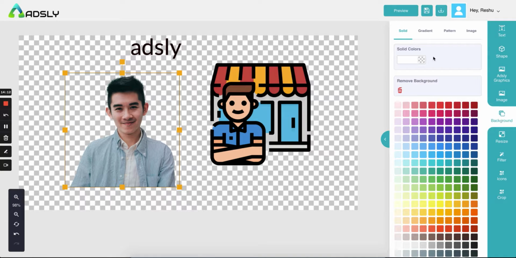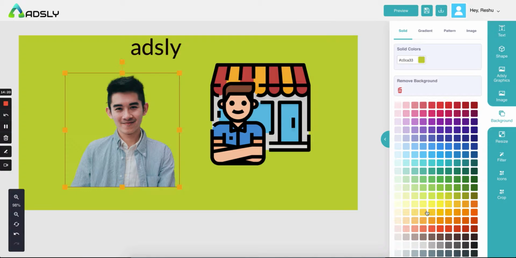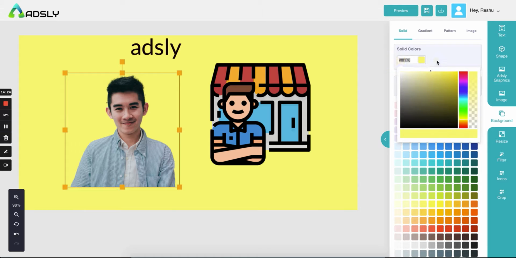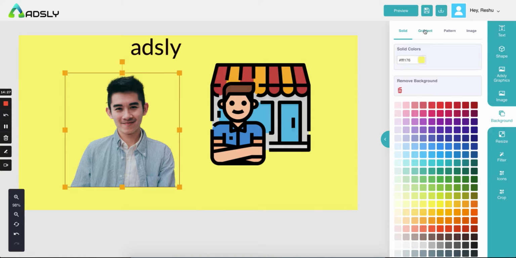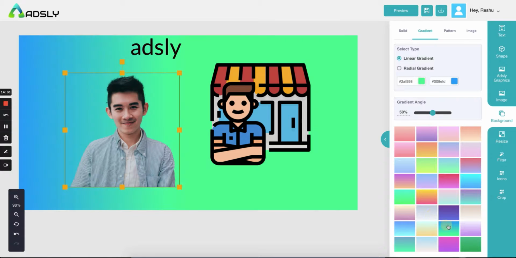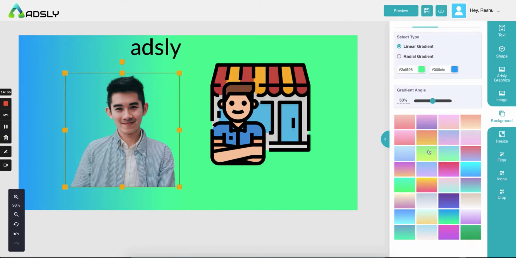Next comes the background option. Now you have four options of adding a background. One is solid. These colors or any color which you want to add, you can add the color code over here. Then gradient. Again, you can use our library or you can add the color code of whatever color you want to add.